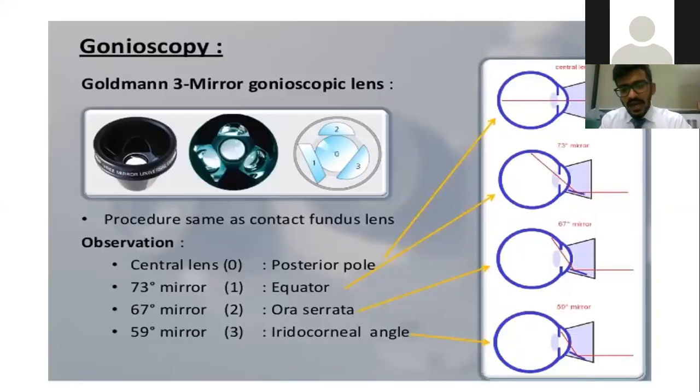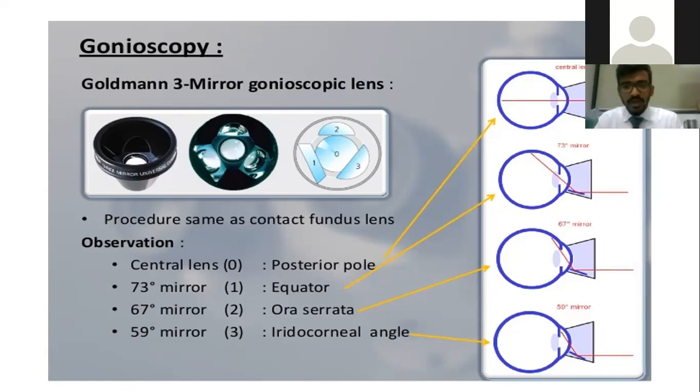So this is regarding the examination, a 20D, a 90D, and a 78D. Mainly in an adult patient, you can go with the 78D and a 90D and see the posterior pole. But if you're dilating the patient, IO is the best way. Examining on the IO, the patient should be reclined. Ideally, if it's a sitting position, you'll not be able to see the superior periphery very well. Recline the patient and then get to the head end of the patient. The documentation will come later, but examination and then start with all the angles, all the different directions you have to view.